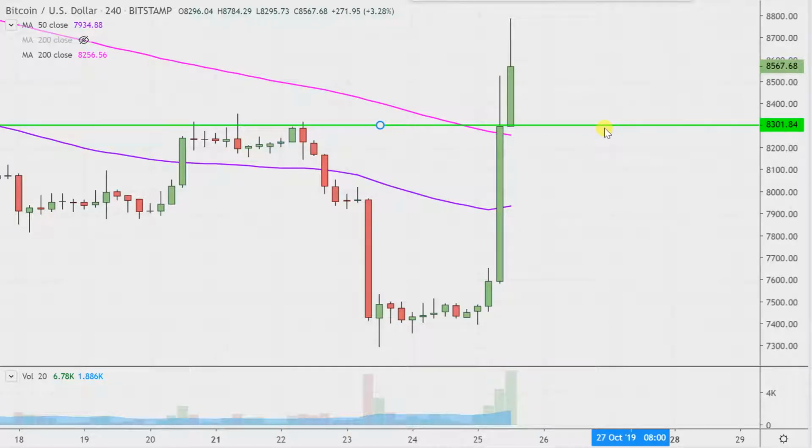If you're answering the question that the price is down below 8,300, the next question you want to ask yourself is, okay, well, where's the price at relative to 7,900? And 7,900 is basically the value there of that purple line, which is the 50-period moving average. And if you're answering the question that the price is down below 7,900, at that point, things are getting a